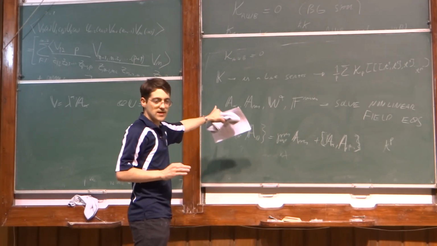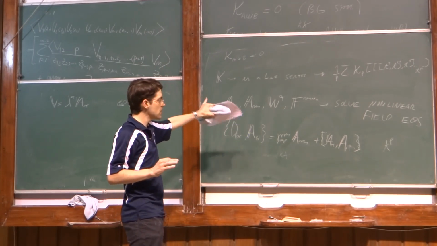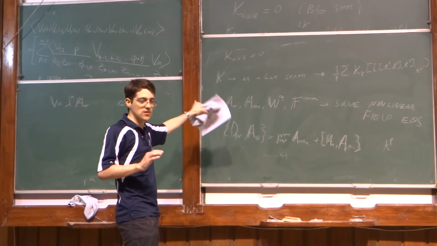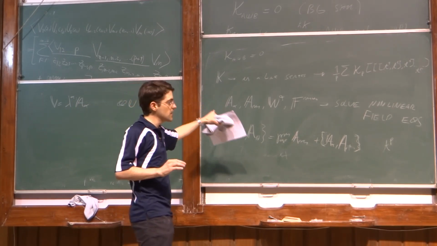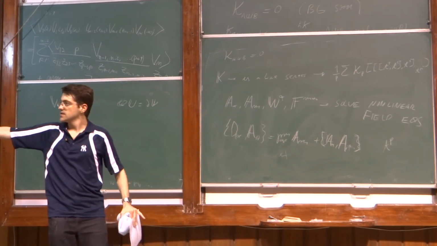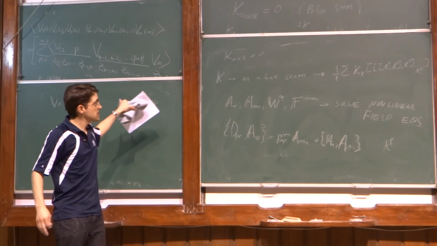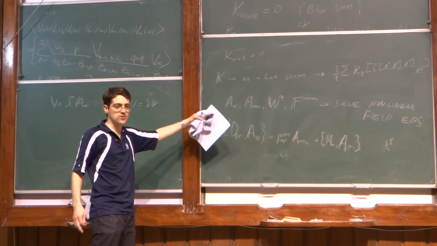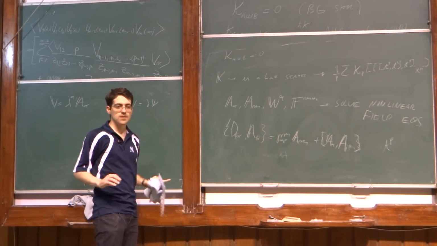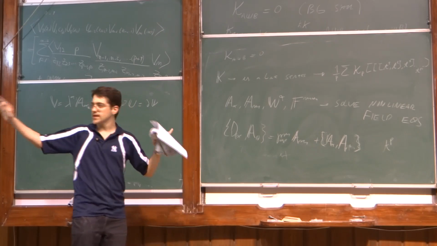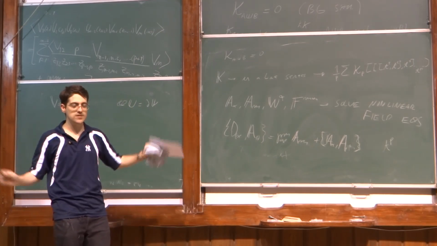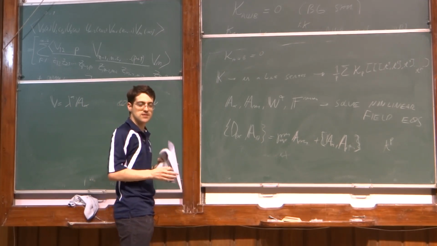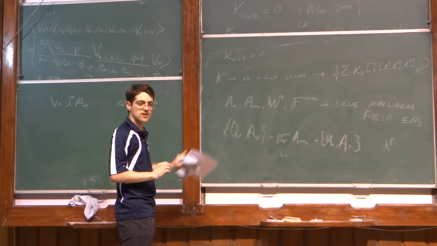So at this point, you can view everything here as just purely mathematics. You want to solve the nonlinear equation of motion, and you write down these objects, define the Lie series, and you get the solution for the nonlinear equation of motion. We all know that we arrive at these structures by considering scattering amplitudes, but in principle it's an independent thing. You just want to solve the equation.